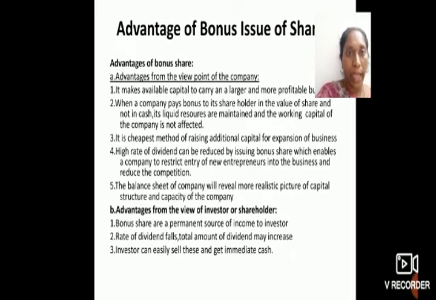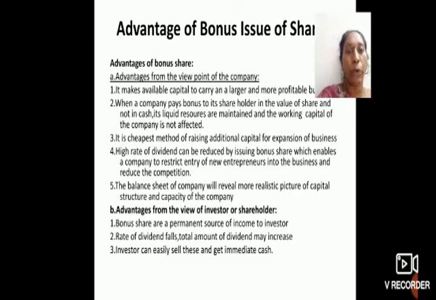If dividend is issued, cash has to be given to the shareholders, so the company's cash gets reduced. When the bonus shares are issued, no cash is going out, so the cash remains in the company itself, but in a different form, in the form of capital now instead of profit. So liquidity is kept the same. Liquidity is an imminent thing for any company for its day-to-day survival, so that can be maintained. Third one, it is the cheapest method of procuring capital.